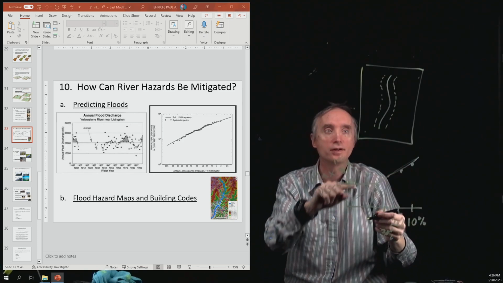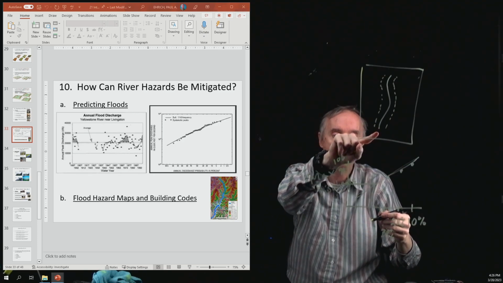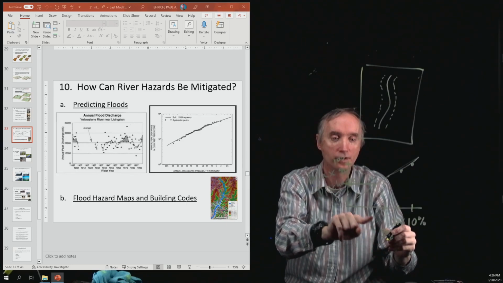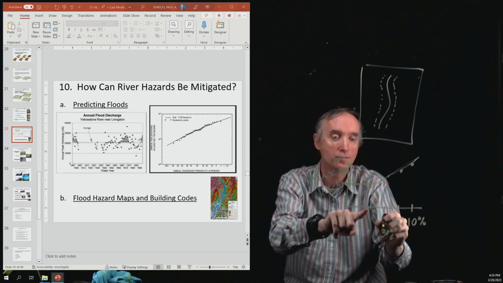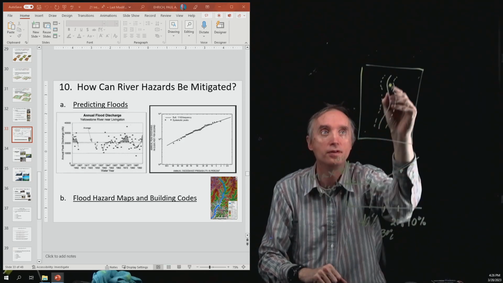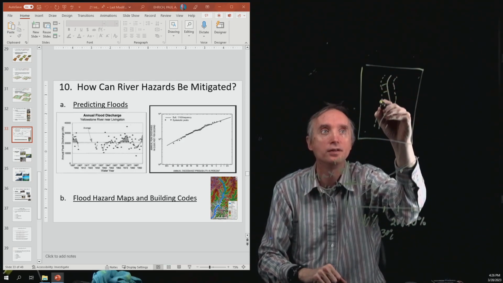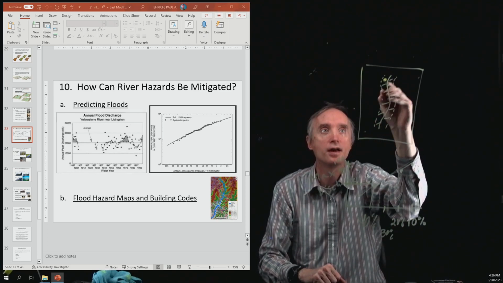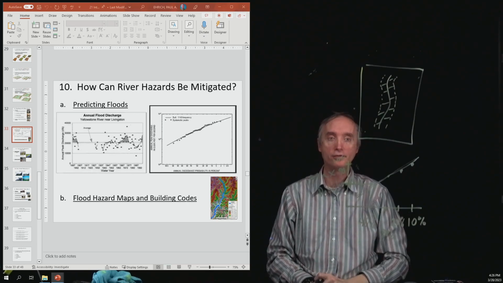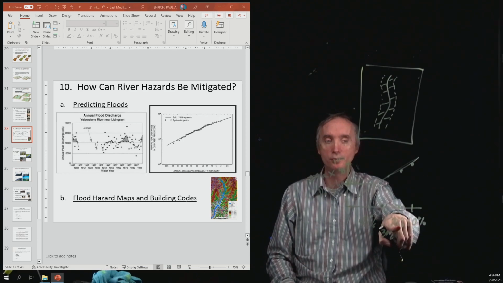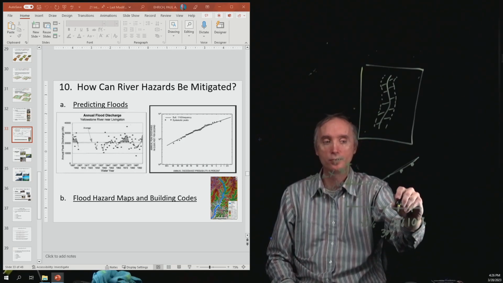And so then we can assign a probability to this, and so it looks like it's going to be less than 30% or greater than 30%, so maybe 40%. So that this stuff in here is going to represent a 40% chance that that river is going to flood out that far. Okay, now if we want to know what's the 20% chance,